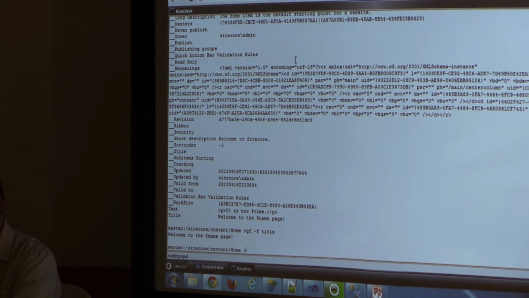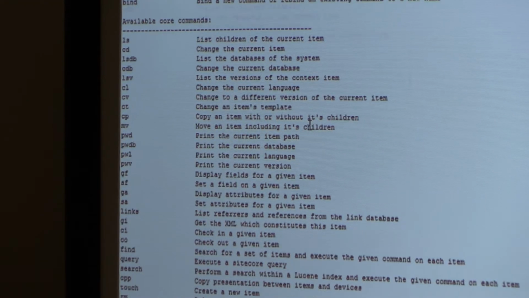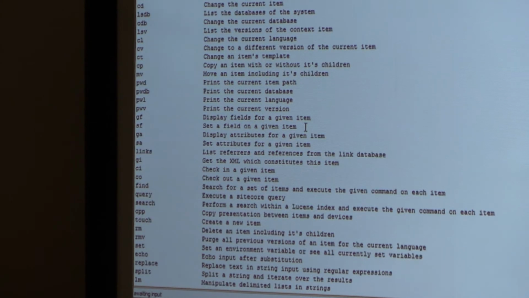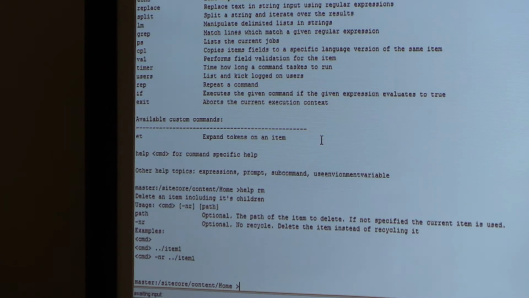Right now, the most important command I think in Revolver is help. That'll give me a list of everything that's available. It's kind of like a man command in Unix. So I can get a list of all kinds of things that I can use here. And if I want specific information on a particular command, I can just do help rm. So help rm tells me, okay, rm deletes an item, including all of its tokens. It gives me all kinds of information here. I can pass in a path, it's optional. I can say, okay, I want to throw things directly into outer space, not into the recycle bin, if I do this.